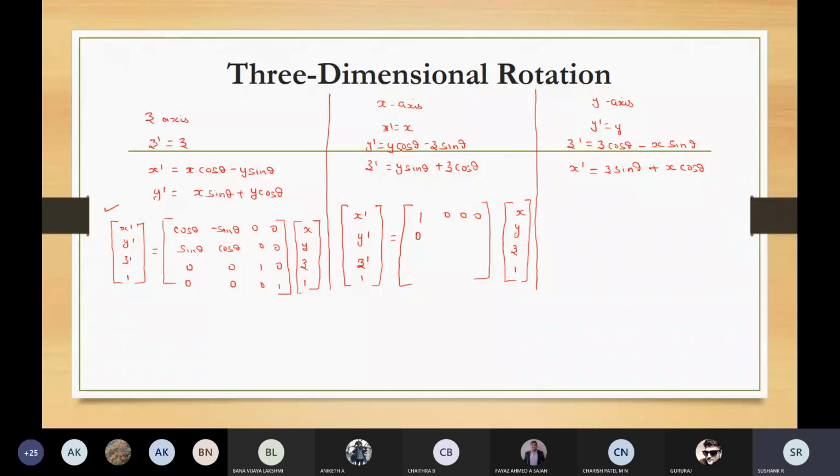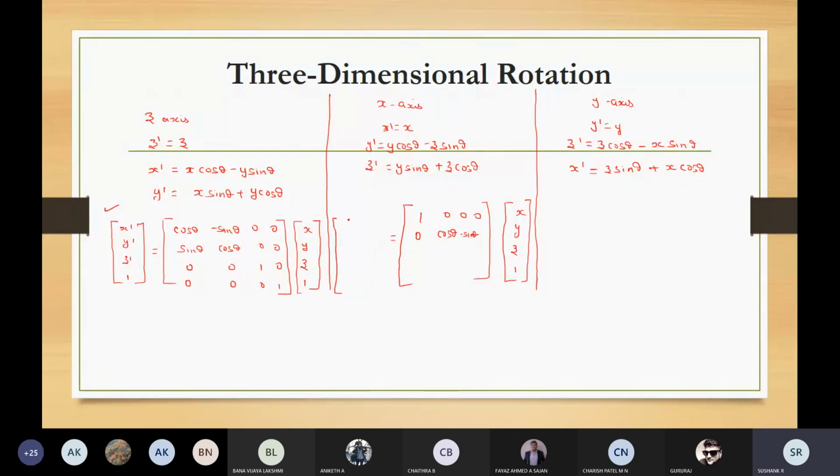And again you have to get y cos theta. Y cos theta means cos theta into y. So it will be cos theta, plus something, so you need not get anything. Y cos theta minus z sin theta, so it will be minus sin theta. So I'll just rearrange this and make some space for this so that people will understand it better.